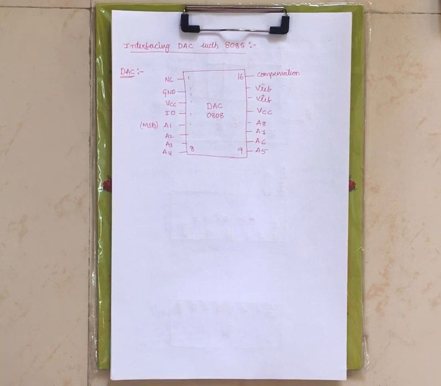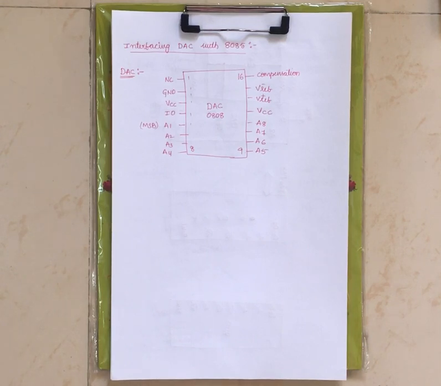Now before that, let us see the pin description of digital to analog converter. You are converting digital signal to analog signal. For that conversion we will use this chip, which is represented by 0808. DAC 0808 is a chip that is used to convert digital signal to analog signal. What is digital signal, what is analog signal, and how it is getting converted, we will see after this pin diagram. Before going to the description of how to convert your digital signal to analog signal, let us see the pin diagram of DAC.